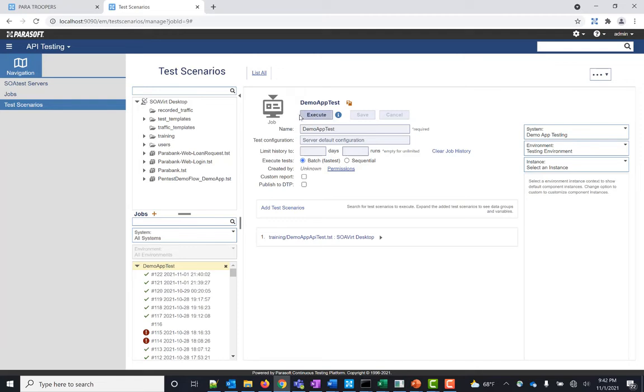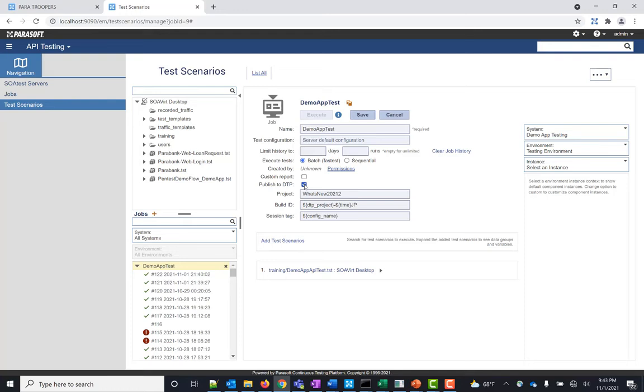But what I wanted to show you is this new feature added in the latest release, which is published to DTP. And so if I put a check in this box, it now prompts me, it asks me for my project, my build ID, and my session tag for DTP. Now, the project I'm using, I'm calling What's New 2021-2. And the build ID and the session tag default in with these values. So I'll just click Save